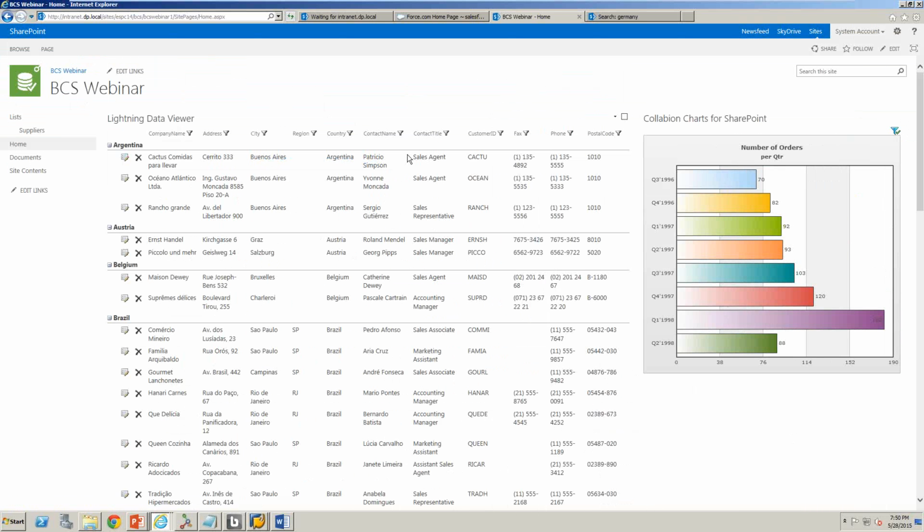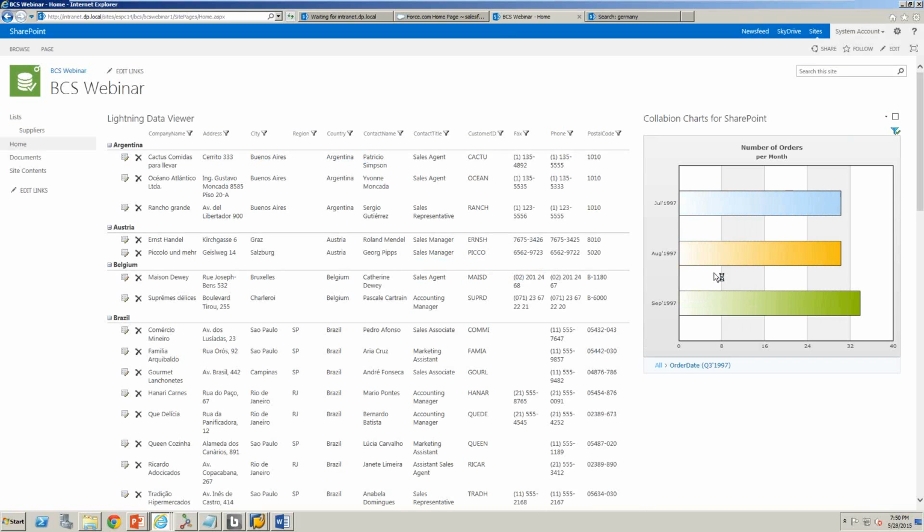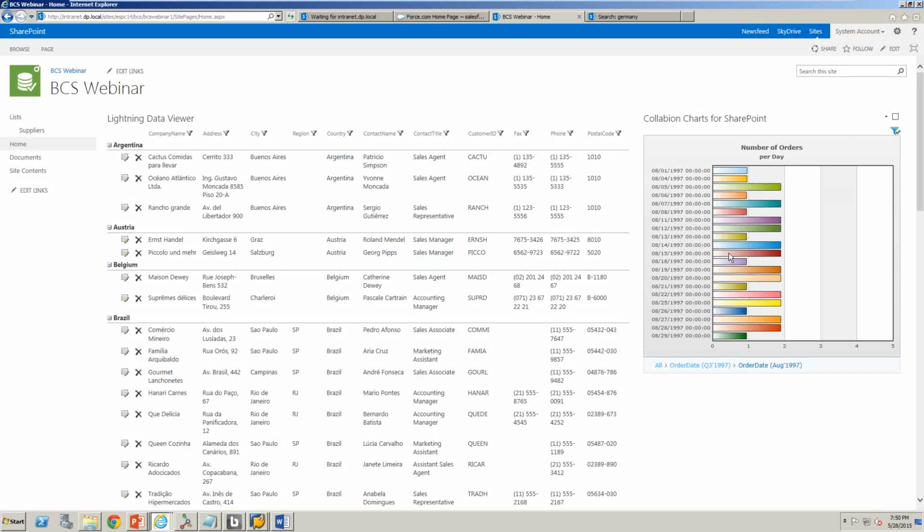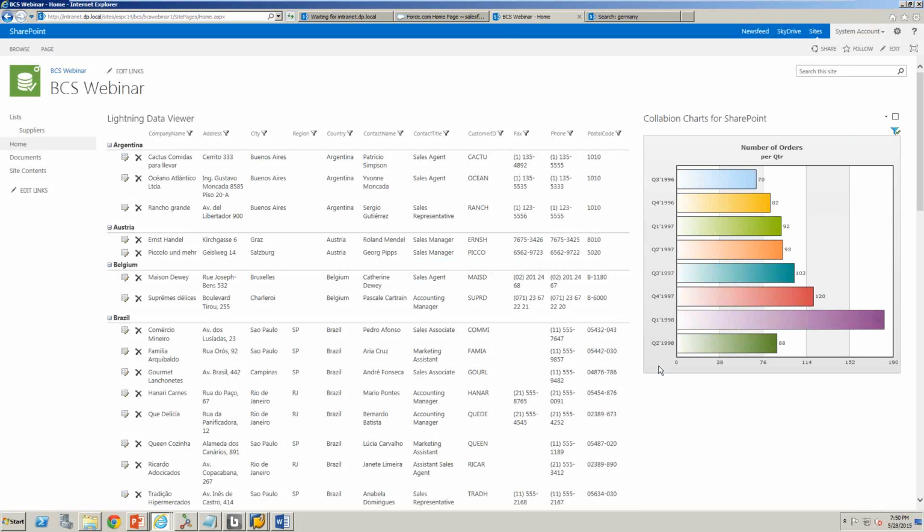So there's the chart. Notice it's showing the number of orders per quarter, but we can drill down. If we click onto one of those bars, now we've got the orders per month. And if we click into one of the months, we've got the orders per day, and so on. So a great way to provide your users with a dynamic way of drilling down into the data and being able to see